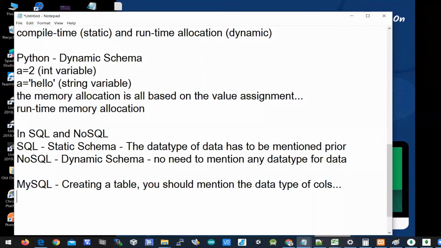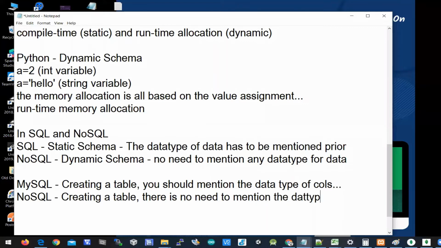But when you look at NoSQL, for creating a table, there is no need to mention the data type of the entries, because the memory allocation is always dynamic, which allocates memory according to the value that you keep pushing to the table. But in MySQL, you should always mention the data type while creating a table.